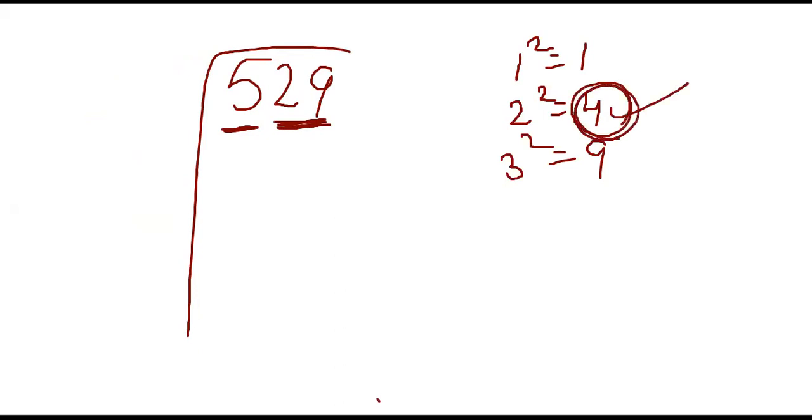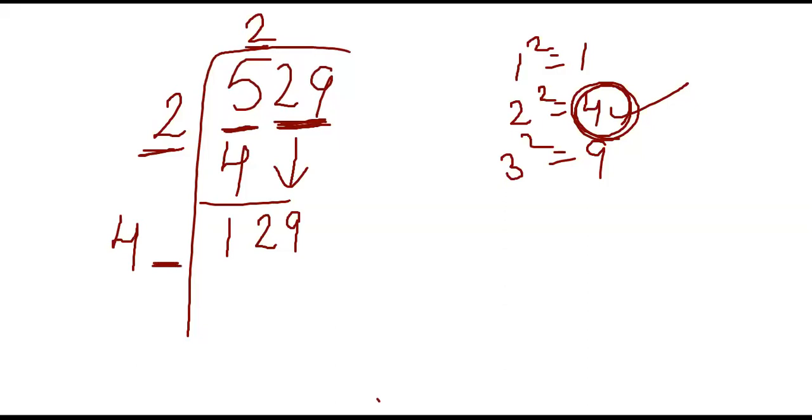So we'll take here 4. That is, we'll take 2. 2 2s are 4. The next step, subtract it. 1. The next step, take down the next pair, which is 29. The next, add this 2 plus 2, 4. The next, you have to choose this number and both these numbers should be same. So like you are to multiply and your answer should be 129 such that this number and this number should be same.